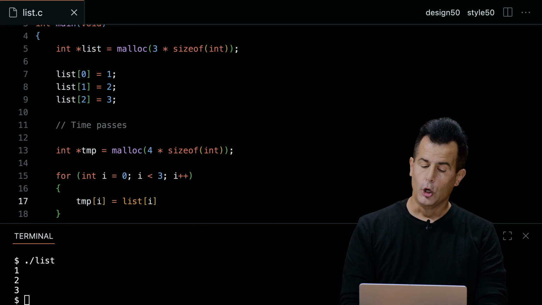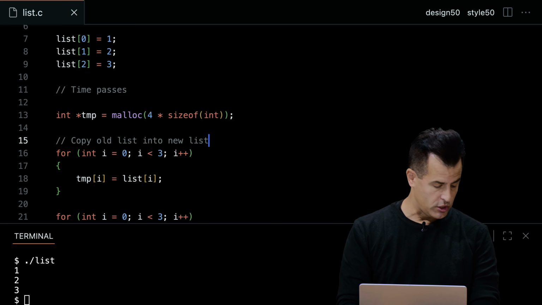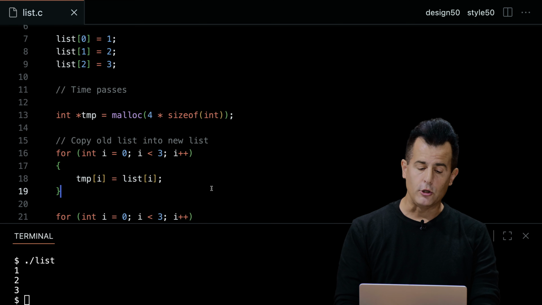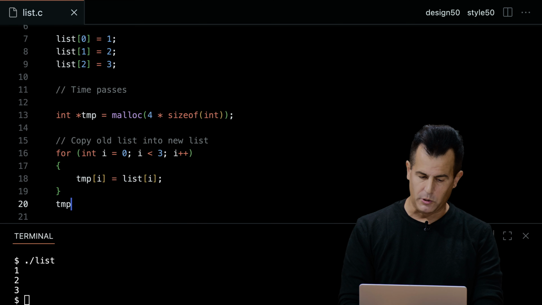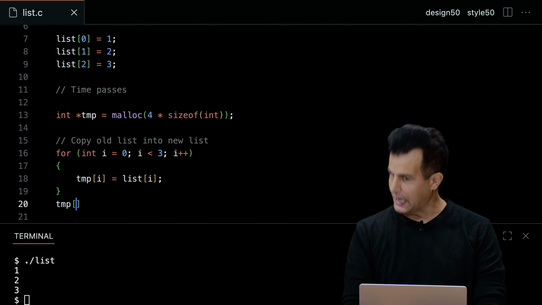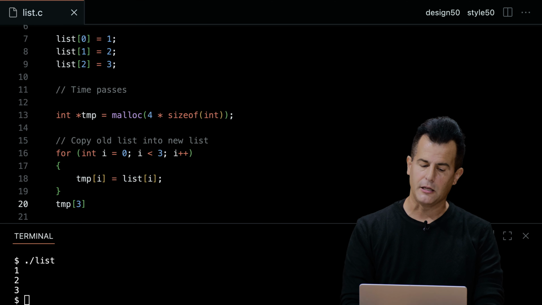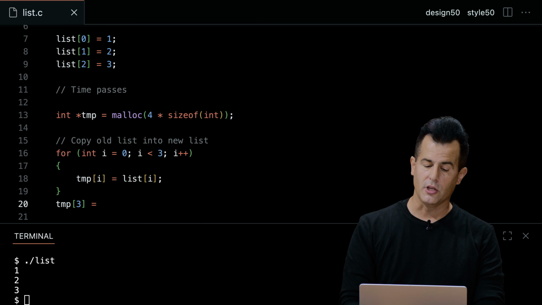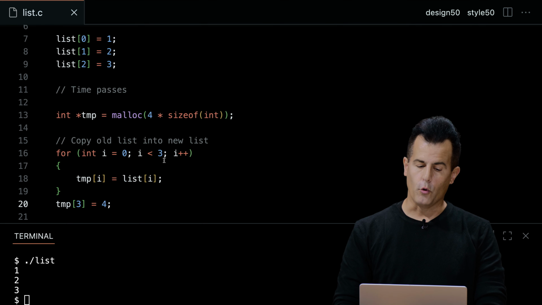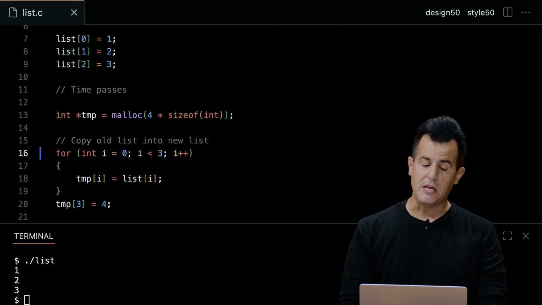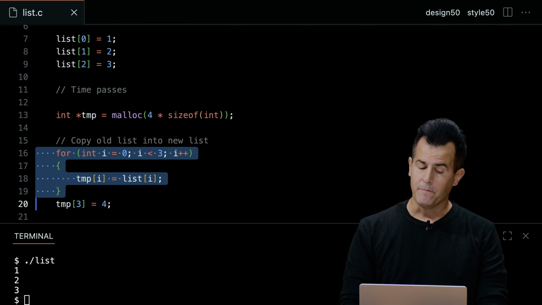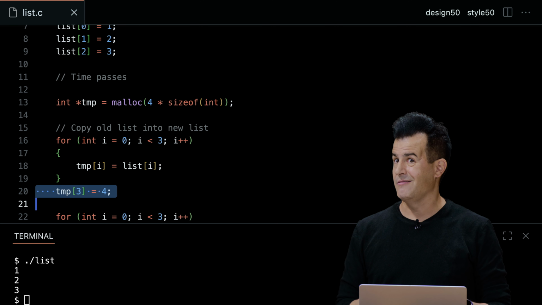So these lines here copy old list into new list. It copies those first 3 values. And then what I bet I could do at the bottom here is then, just manually, I can say go to the 4th location, which when you 0 index is technically bracket 3, and set that equal to the number 4. So these lines here copy the 1, the 2, and the 3 using a loop. And then line 20 here at the moment just adds the 4th value.